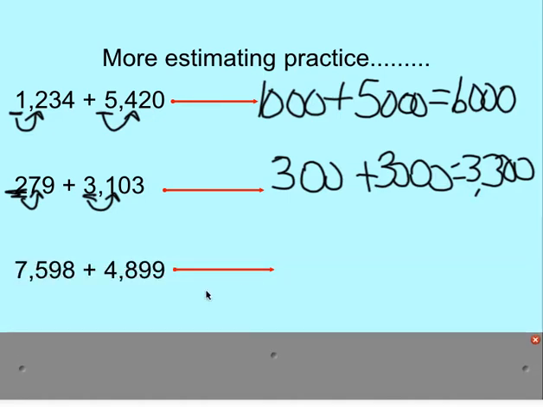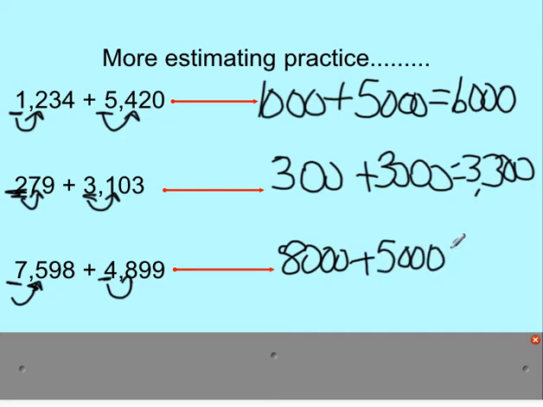And the last one, again, both numbers are into the thousands. So we are going to look at the thousands place. But look at that 5. Anything 5 or more tells us to bump it up. So we're going to go up to 8,000. And we have a 4,000. Look to the right. 8 tells us to bump it up to 5,000. So now you have to think, what is 8,000 plus 5,000? And 8 plus 5 is 13, so 8,000 plus 5,000 is